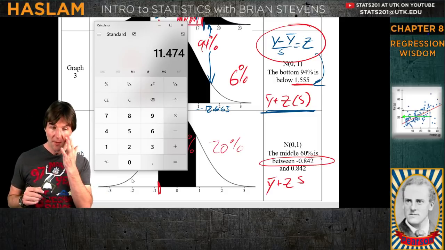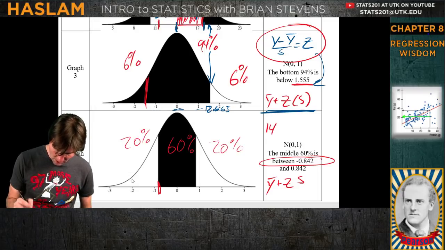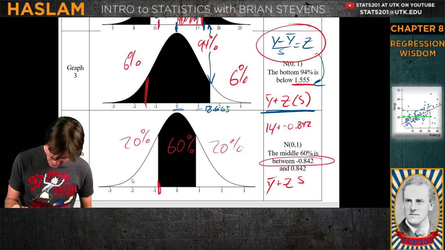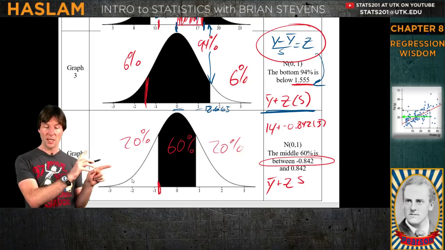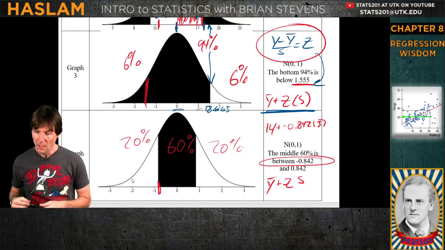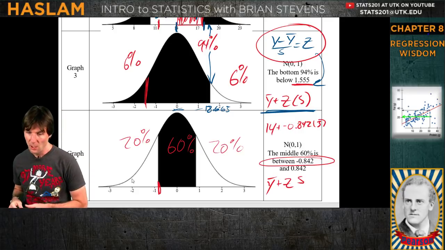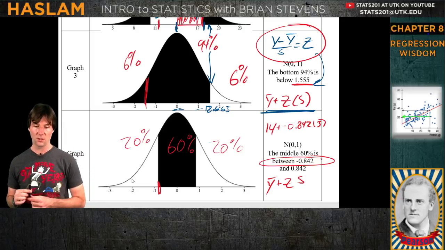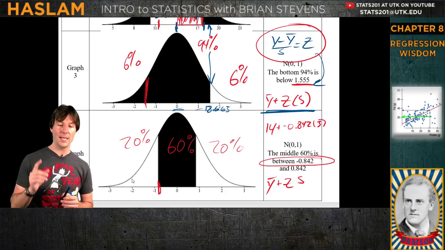So remember, I'm going to write the formula I just did. I did 14, which is the mean, and then plus the z-score, which is negative 0.842, times 3, because that's the standard deviation. So that was the mean plus the z-score, which was negative. You could subtract it, but just remember it's negative. And so y bar is the mean and y hat is predicted, and that is for regression. Great questions. What's the difference between y bar and y hat? Excellent answers, everyone in the chat. Y bar is the mean, y hat is the predicted, y is the actual.